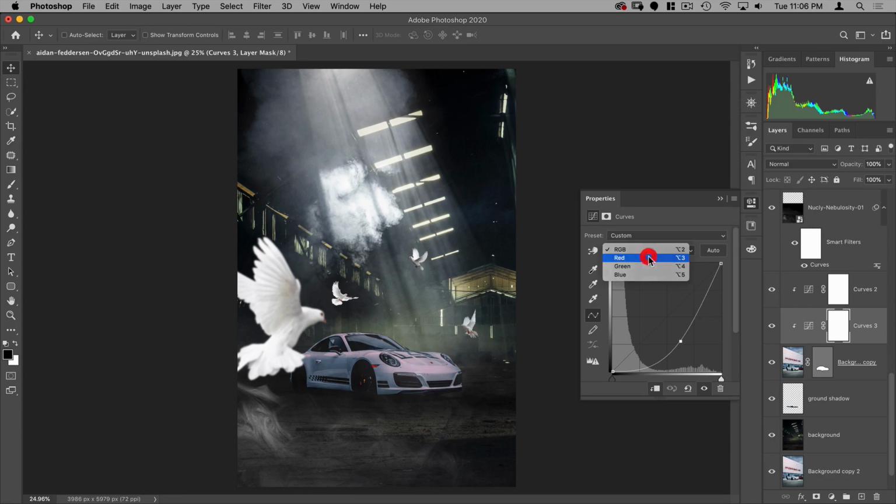So I'm going to go to the red layer and just pull that out a little bit. And then maybe go to my blue as well and just add a little more yellow. So it looks more like it belongs in this environment. And that looks pretty good.